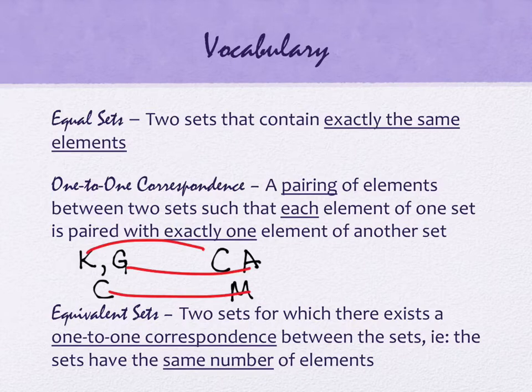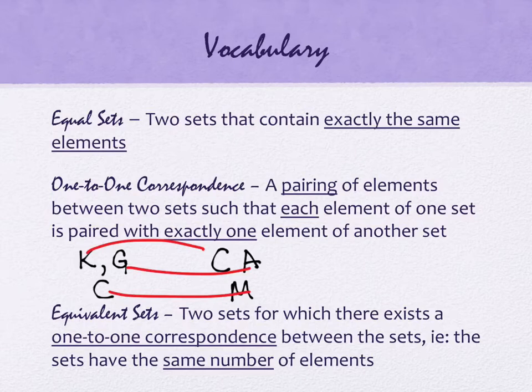So any 2 sets for which there exists a one-to-one correspondence have to have the same number of elements, right? This is the problem when you don't have the same number of people, is that you have to do some sort of sharing to make it work. So when you have the ability to have the same number but not the same items, we call it equivalent